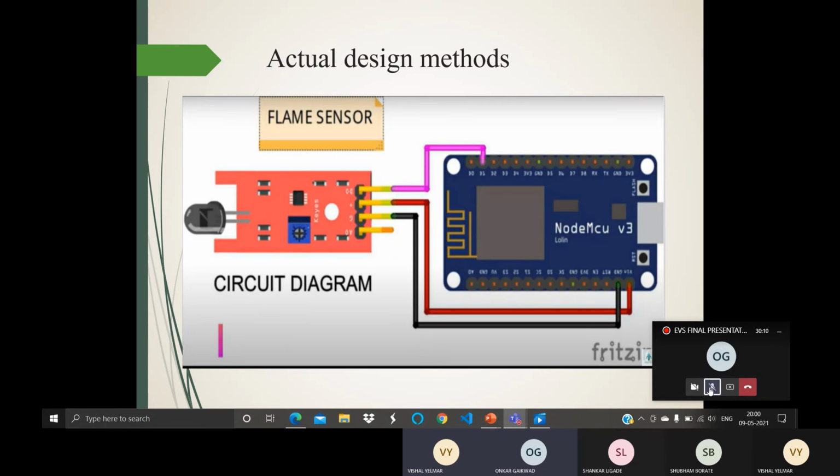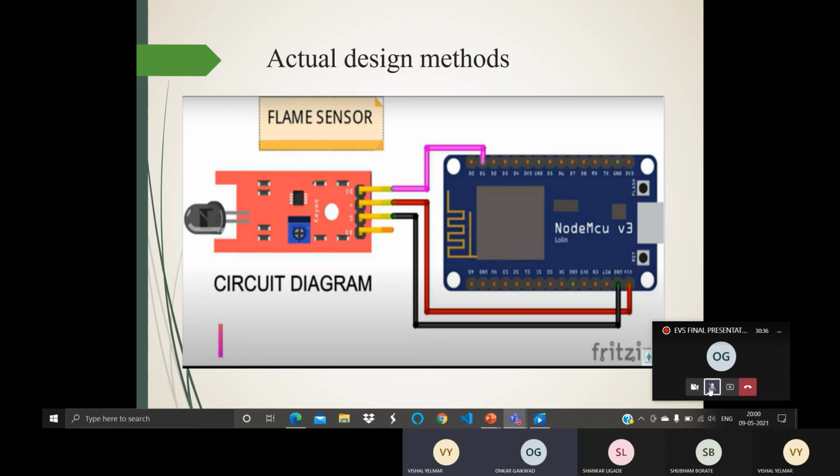Connect NodeMCU to the breadboard, then connect the VCC pin of the flame sensor to the Vin pin of NodeMCU using jumper wires. Then connect the ground pin of the flame sensor to the ground pin of NodeMCU. Then connect the D0 pin of the flame sensor to the D1 pin of NodeMCU. Connect NodeMCU to the power supply using a USB cable.